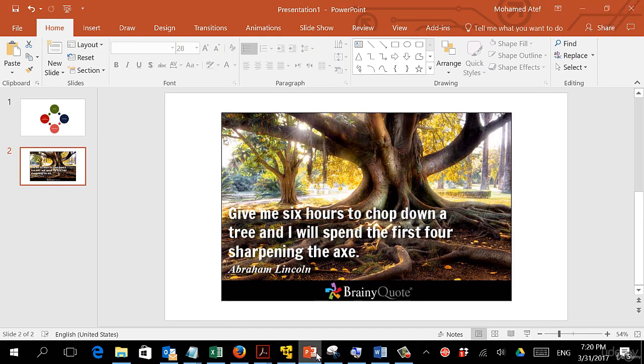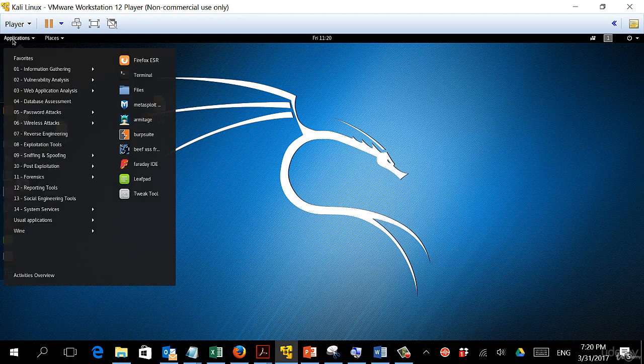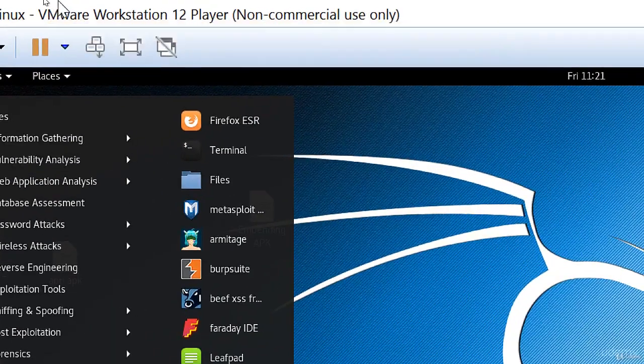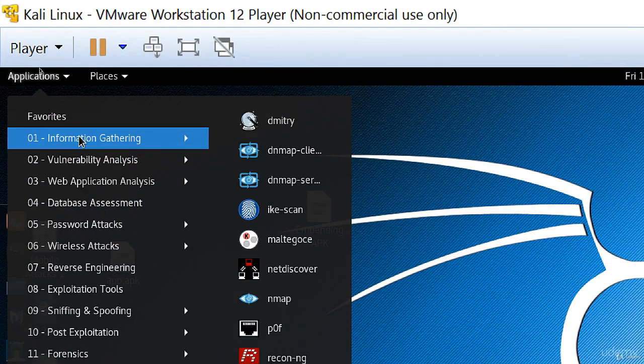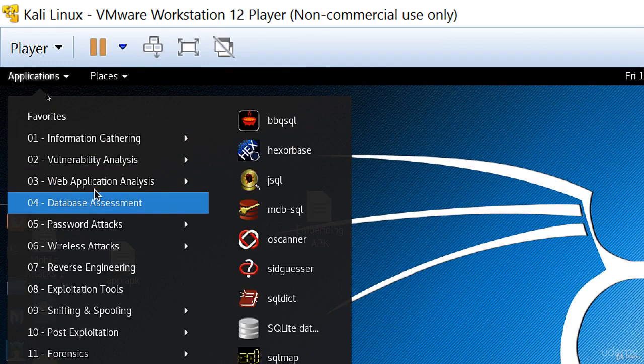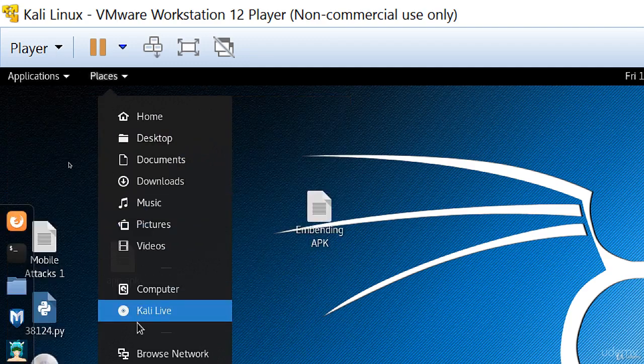very well. So after installing Kali Linux, as you can see, it's a graphical interface and it's not quite hard to use. Now, all the tools that you will be using are inside Applications here, and they are categorized. Let me increase the screen for you so it will be easier to see. So as you can see, inside Applications we have different categories: information gathering, vulnerability analysis, web application analysis, password attacks, database assessment. All the penetration testing tools are here